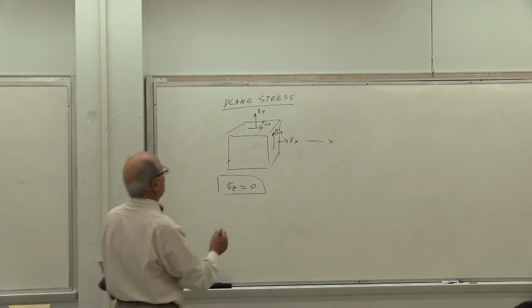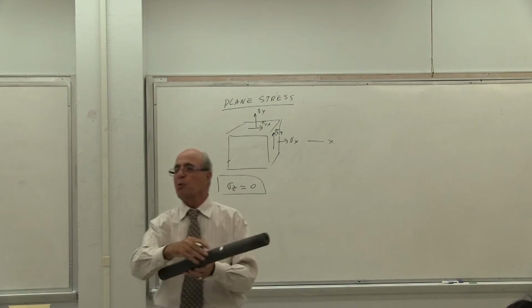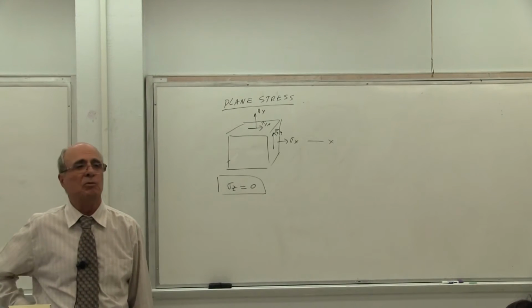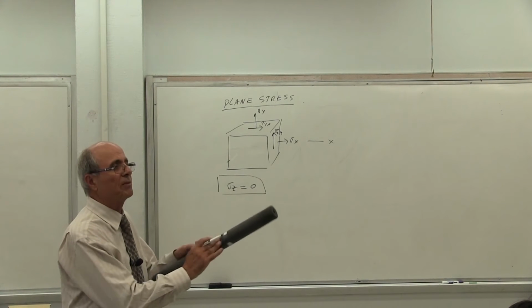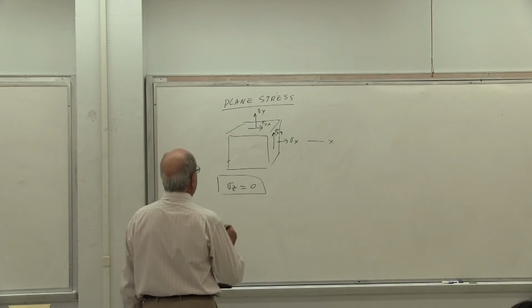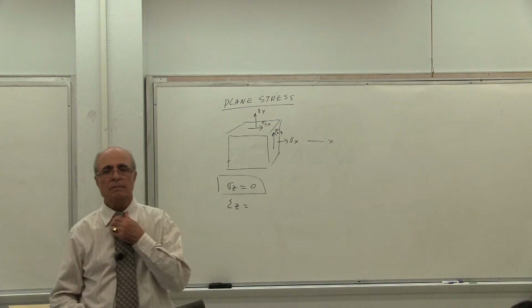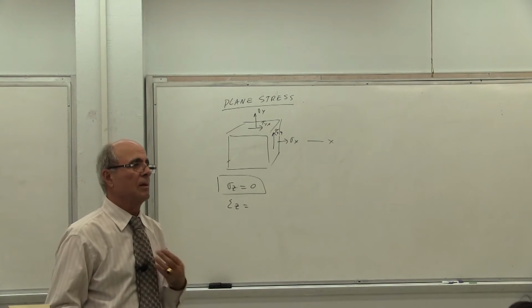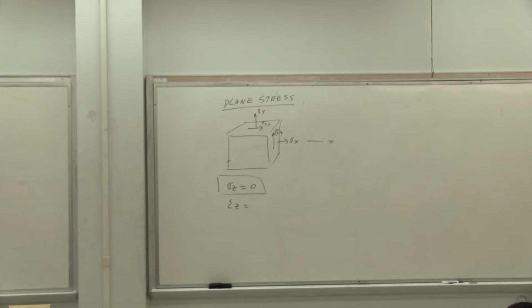Everybody understood that? So now if I give you a strain instead of a stress, you can do the same thing. You can come up with the maximum shear strain. Is that correct? Your maximum normal strain. Where they are, in which plane they are maximum, which is where I can put my strain gauges. Everybody understand that? Because this is all about measurement. And then what is in plane and out of plane, etc. We have learned that, so I don't have to repeat it. All I have to do is give you an example. So this is the first example of this sort, which is very similar, very parallel, a slight modification. Everybody understand that?